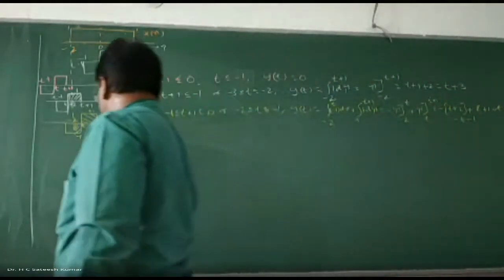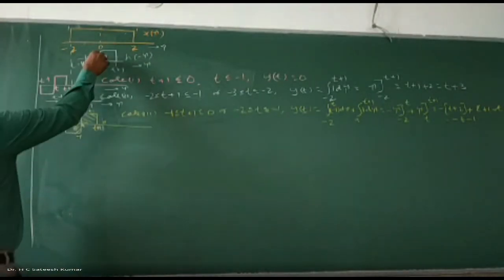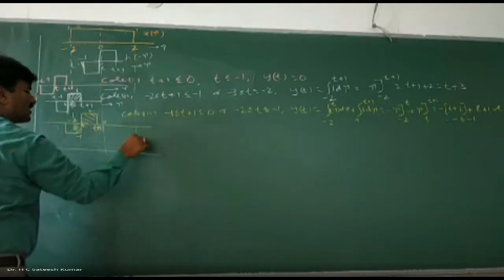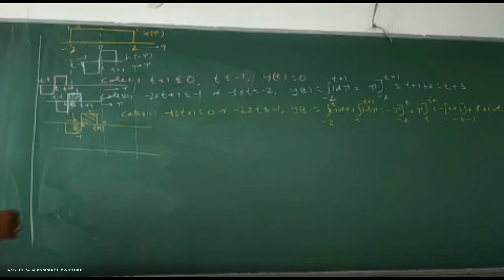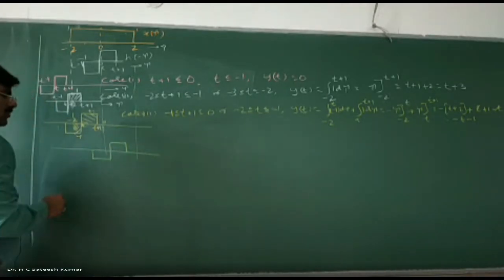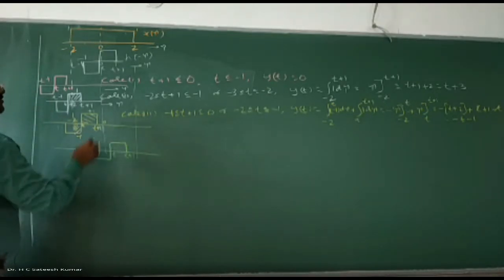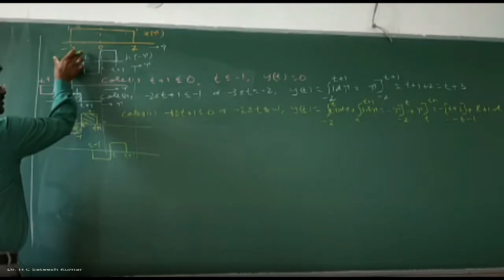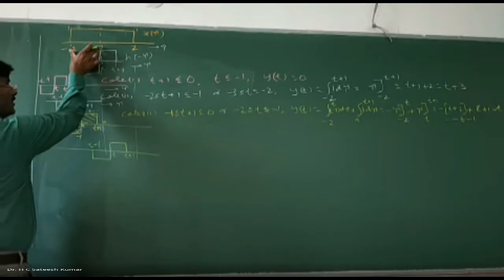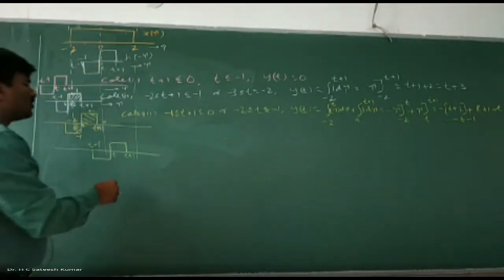Go for the third case. In the third case, what we have is, okay, right. Now already we have moved up to 0 and 2 more units left out. For the next 2 more units, complete constant you are going to get. Constant can be anything, we don't know. This is t plus 1, this is t minus 1. Because up to this point, area goes on increasing. Once it crosses 0, complete 2 units gets overlapped. Now for 0 to 2, complete constant you will get. Constant can be 0 also, we don't know.